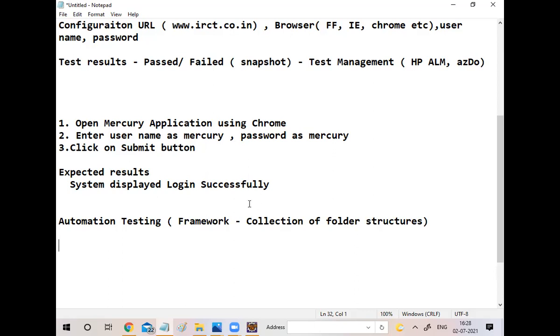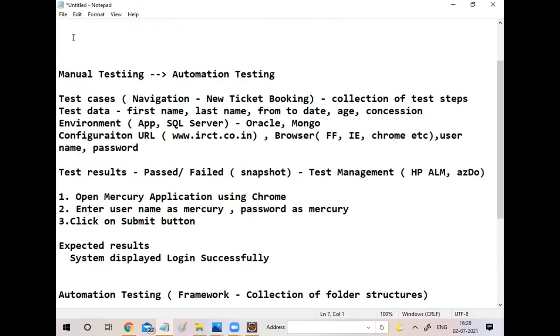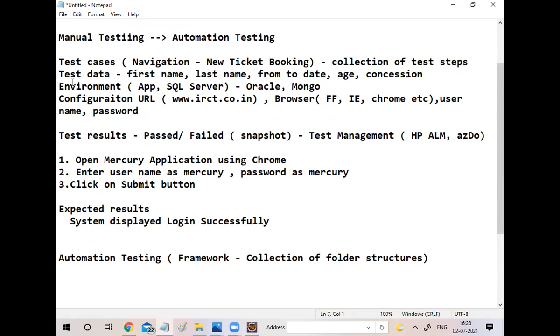Okay, let's create the framework from the above statement. What is the statement we created here? Test cases. We'll go one by one. First, we are opening the application. We need a URL, right? Yes.